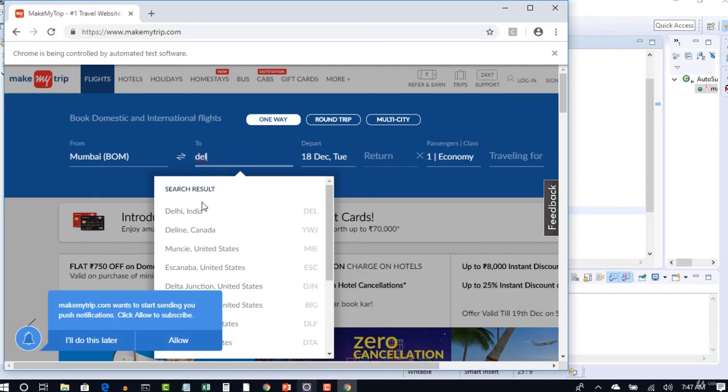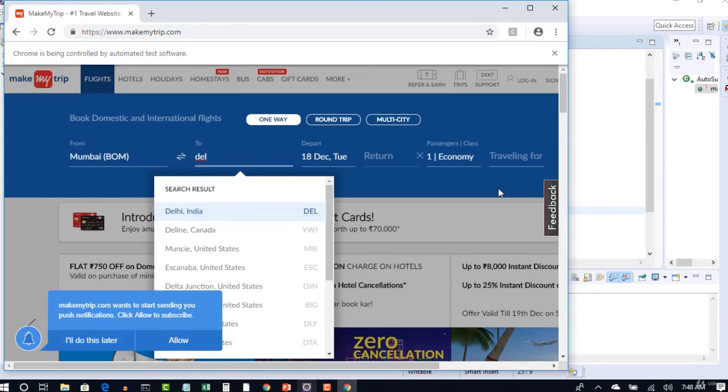So Delhi is the first category because that's most selected if you are from India, and the next best selected option for these 3 letters is Deline Canada. That's how a business decided the logic and the developer displays the options. So Deline should obviously display in the second option as per Make My Trip business logic.